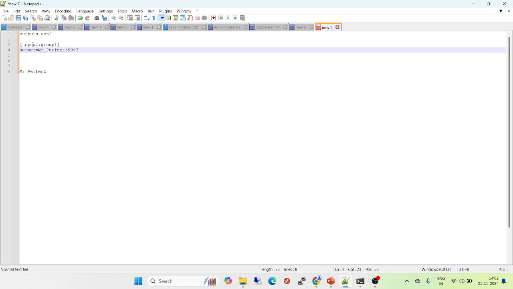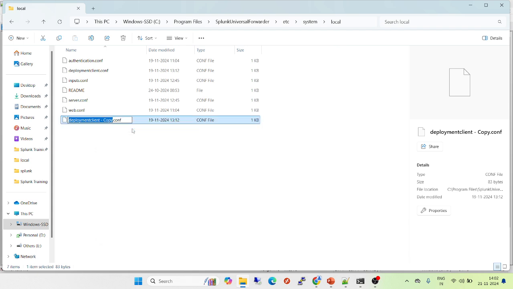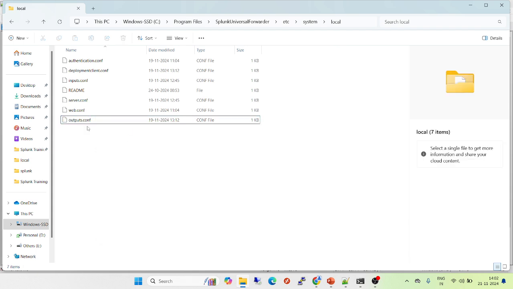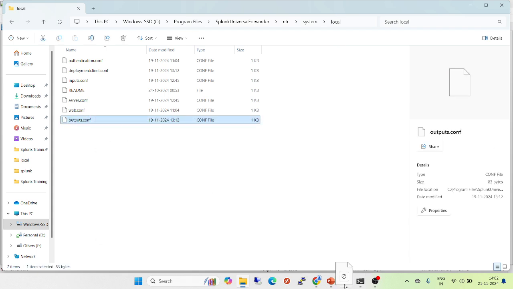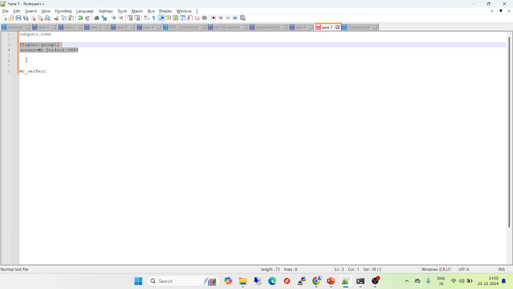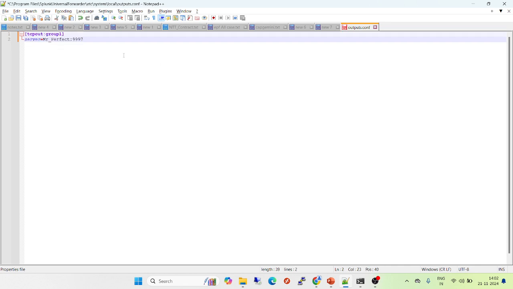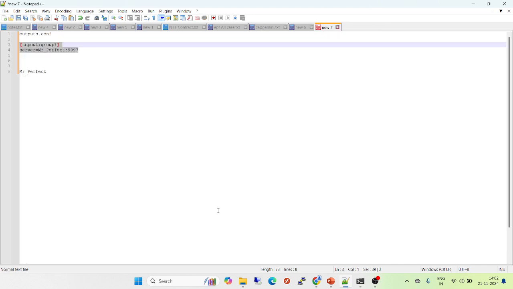I'll just copy this name from here, output.conf, and rename it. Then you can open this file and replace its content with TCP group 1. I just saved it. Since you have saved it and made a configuration change,